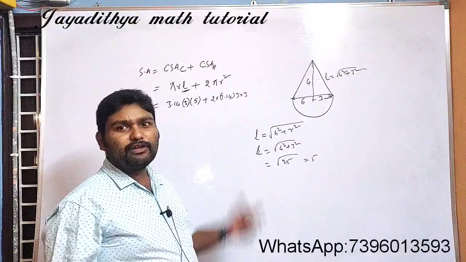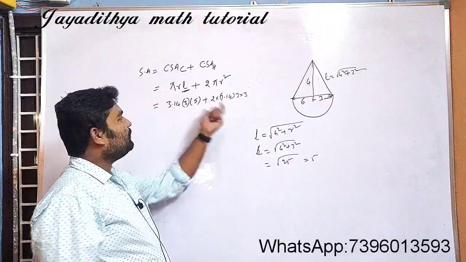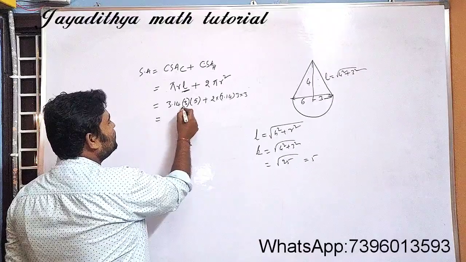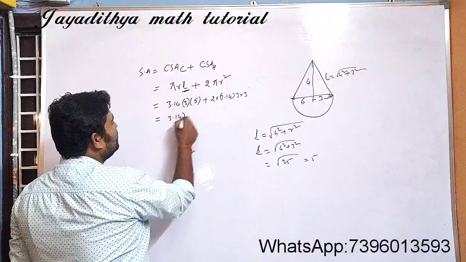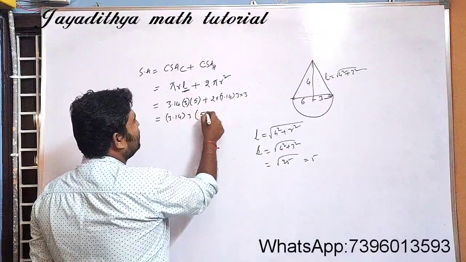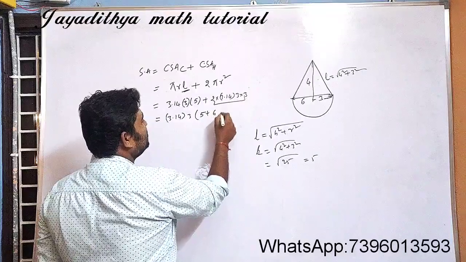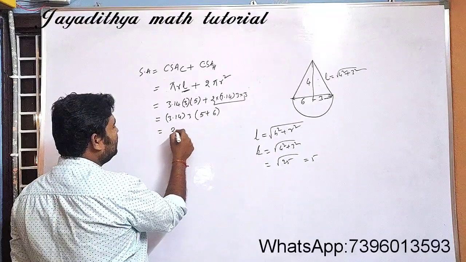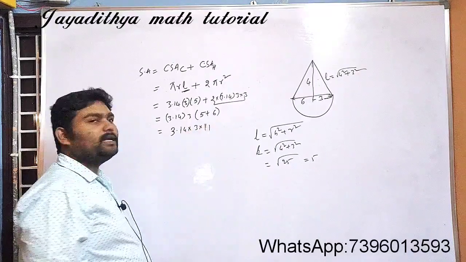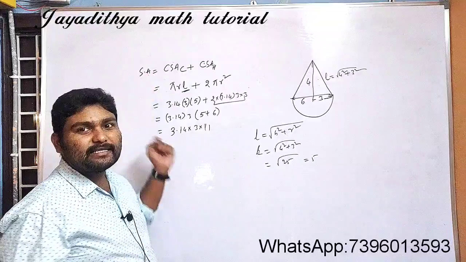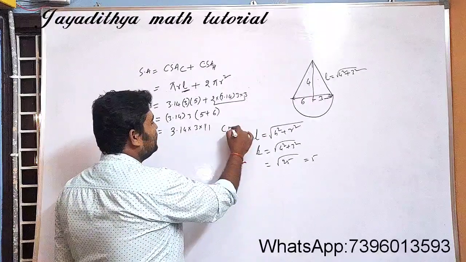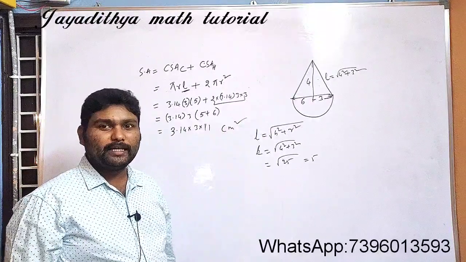For your simple calculation, first of all take out whichever is common here. Take that outside, then you can find it simply. Here you have 3.14, here also 3.14. Take outside, here you have 3, here also 3. Take outside, then you will be left with 5 plus 2 into 3, that is equal to how much, Nana? 6. So now you can find this: 3.14 into 3 into 11. You find this, you will get the answer. And you are finding surface area, so what should be the units? Units should be square units. After that you write square centimeters.